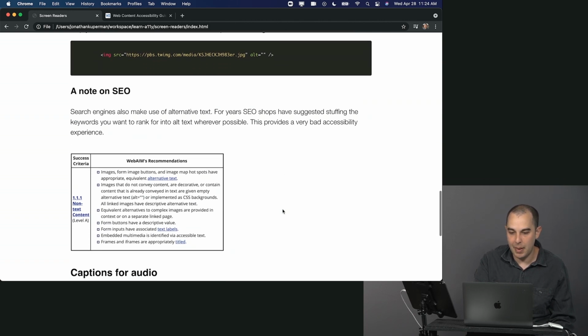Again, looking at the WebAIM recommendation from the last section, just covering what we've just covered here. So there's only one conformance level. It says images, form image buttons, and image maps need alt text. Images that don't convey content should have an empty alt text like we covered. And equivalent alternatives to complex images are provided in text, which we didn't really cover, but if you have something